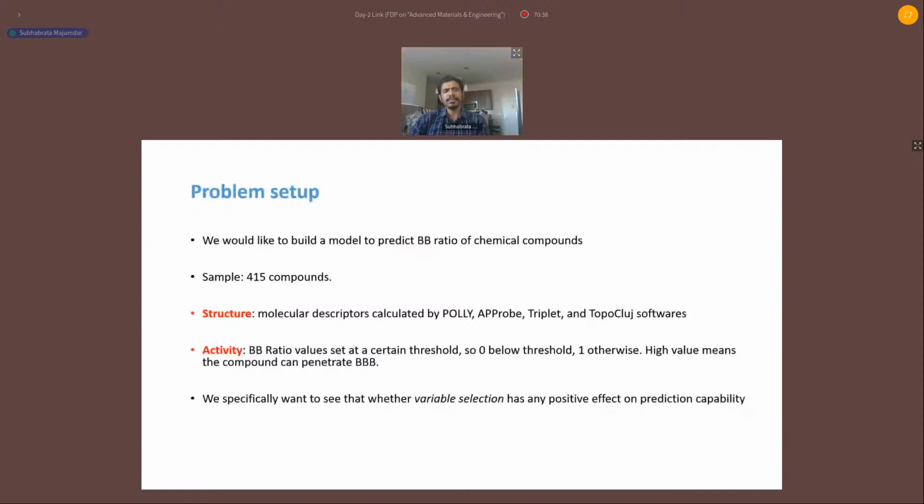And what we want to see here in this specific project is whether variable selection has any effect on prediction capability. So you can compute hundreds of descriptors, thousands of descriptors, but that's what we want to see: whether more is always better, or there are certain descriptors which are kind of driving the blood-brain barrier penetration in this set of compounds. And that way we can at least attempt to find out some sort of interpretation of why